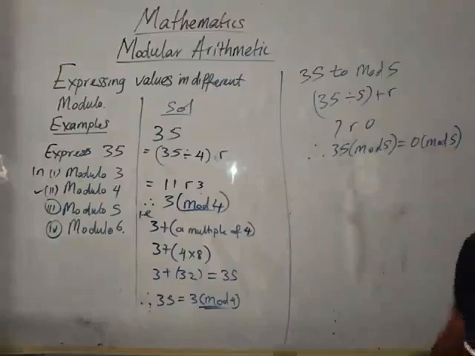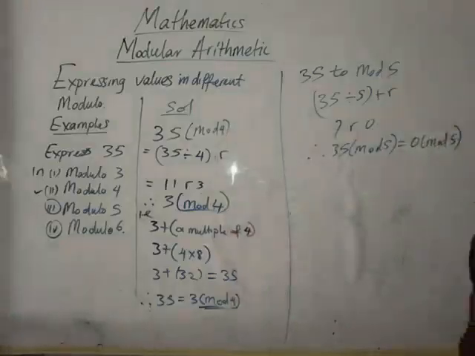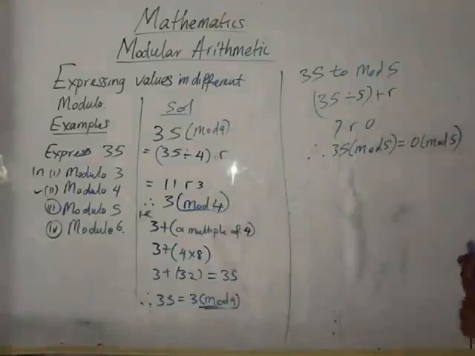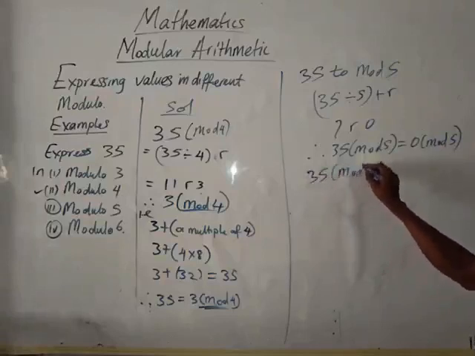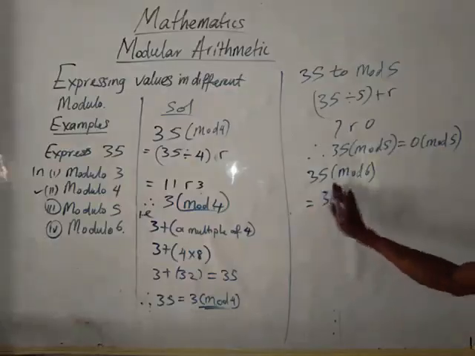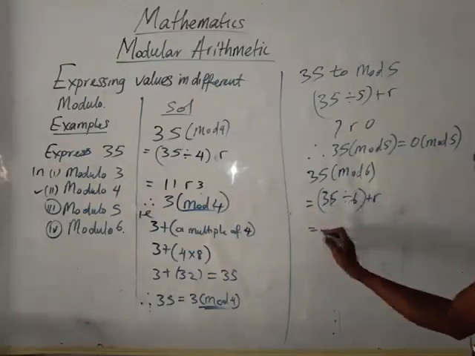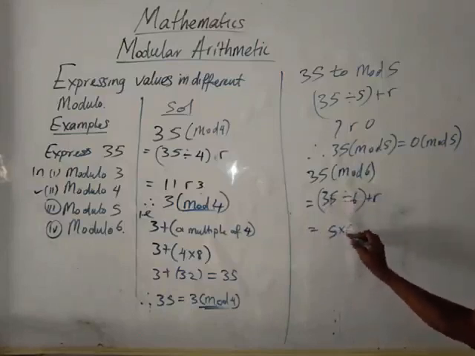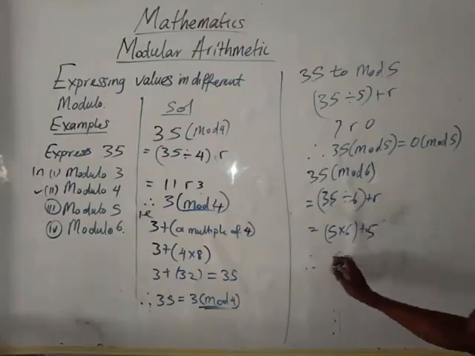So in this case, I'm going to express 35 mod 4 as being reduced to 3 mod 4. And here 35 mod 5 is being reduced to 0 mod 5. Then if I'm going to consider that for mod 6, my 35 mod 6 now will be giving me 35 divided by 6. I want to consider the remainder. So the remainder here will be, how many 6 can I see in 35? That's going to be 5 times 6, remainder 5. So therefore, I will have 5, which is the remainder,